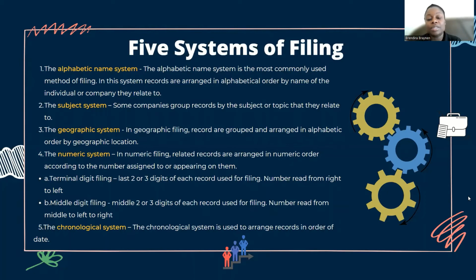The subject system is when companies decide to first group something in the form of a subject, and then it's alphabetized. So for example, let's say the company has multiple vehicles that they're keeping records of insurance for. The company can choose to put all of them in one folder underneath the insurance company, or they can decide to separate it by vehicle and say, okay, vehicle 1, vehicle 2, vehicle 3, vehicle 4, which would be the